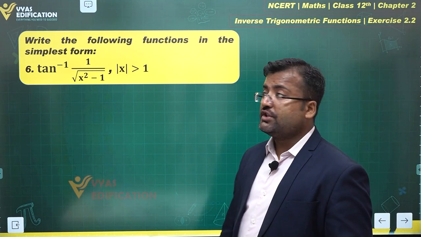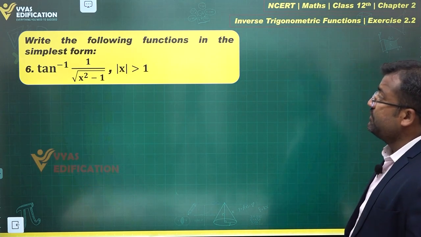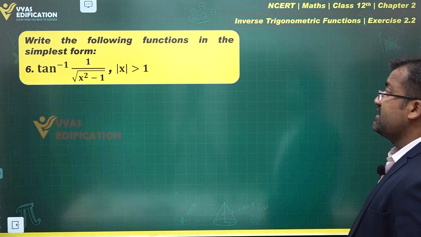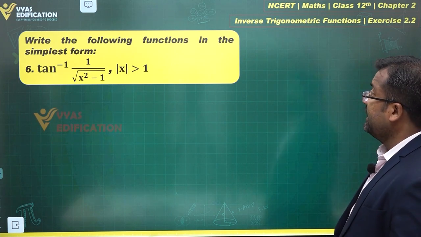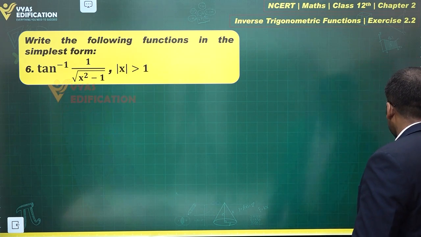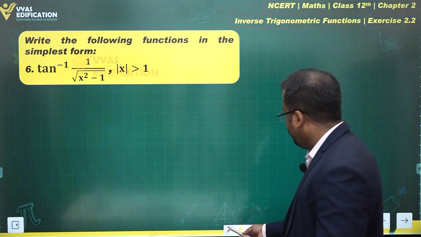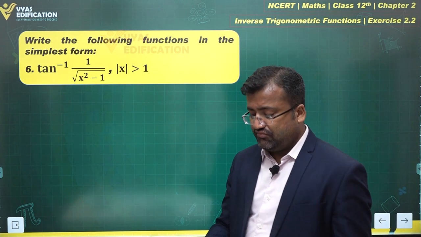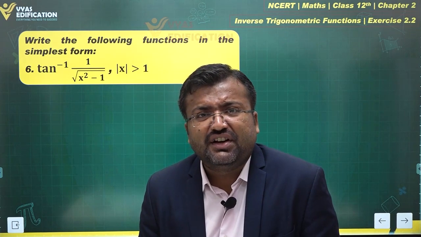Let's try and solve this question next. What does the question say? Tan inverse of 1 upon under root of x square minus 1, where mod x is greater than 1. Since mod x is greater than 1, you would realize that the substitutions x equals sine theta, cos theta